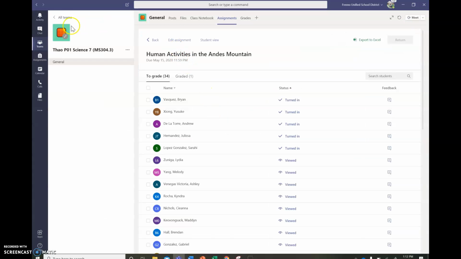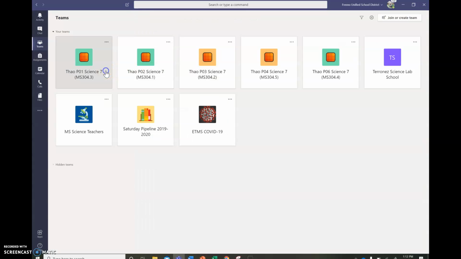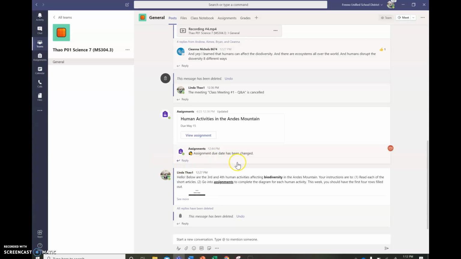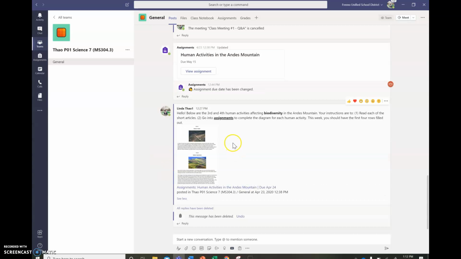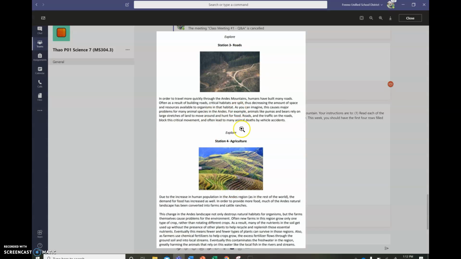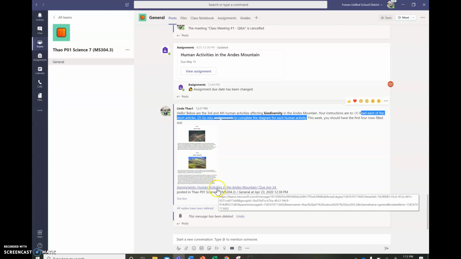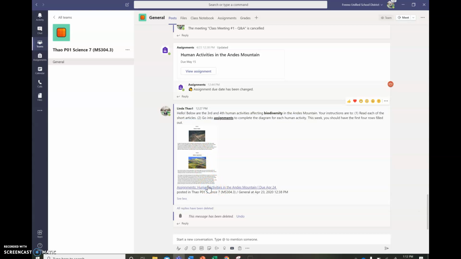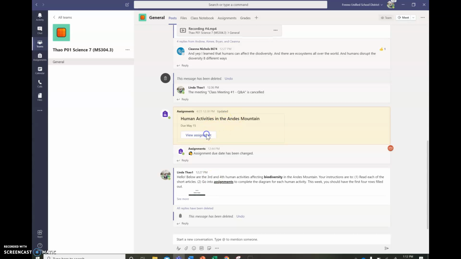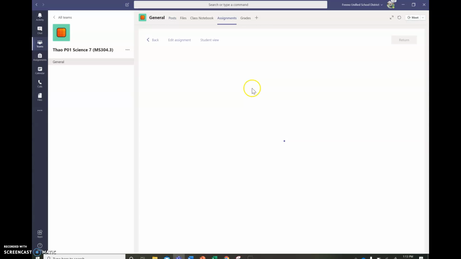So there's that. Today is Tuesday, if I'm right. And I shared with my students this week the 3rd and the 4th human activity that is happening in the Andes. And so same thing, I asked my students to read the article and to go back into their assignment to complete row 3 and 4 of the diagram. So again, the link is right down here. After reading the article, the student just clicks on the link and it takes them again directly to the assignment. And just like the week before,